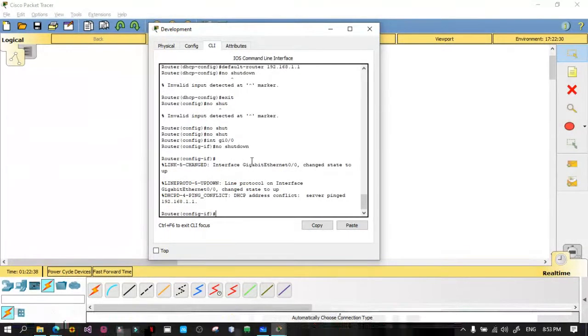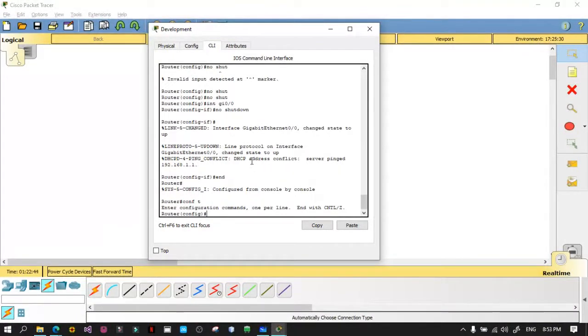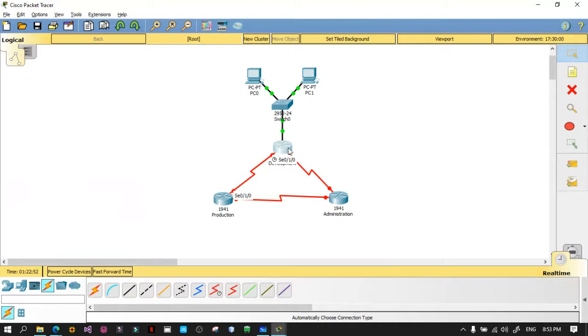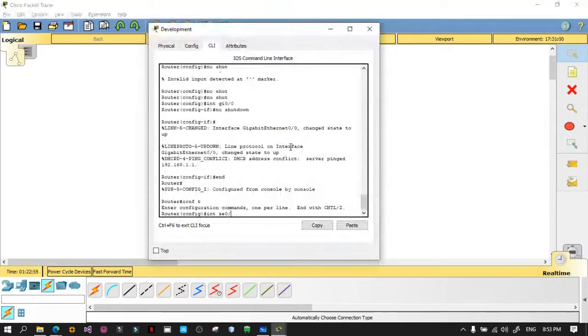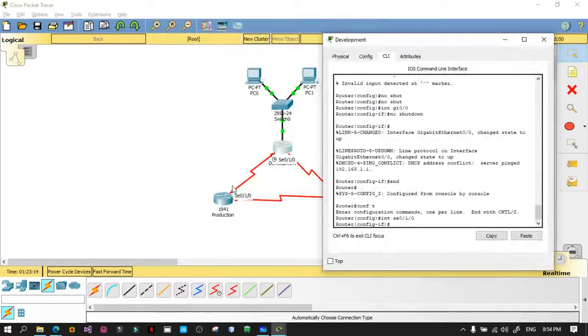Okay, we need to end this so we can go back to conf. Then we need to configure the interface SE0, okay, back to SE0/1/0. So that is what you configure, guys. And we need to give the IP address and the subnet mask for the specific serial connection. Okay, 0/1/0. Okay, take note also guys, depending on which one you are connected to here,